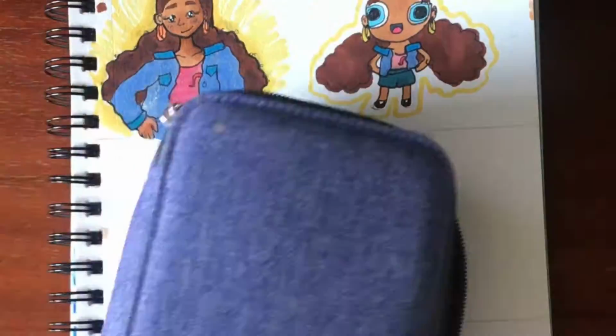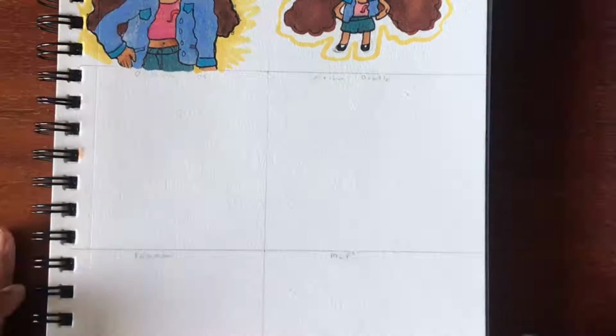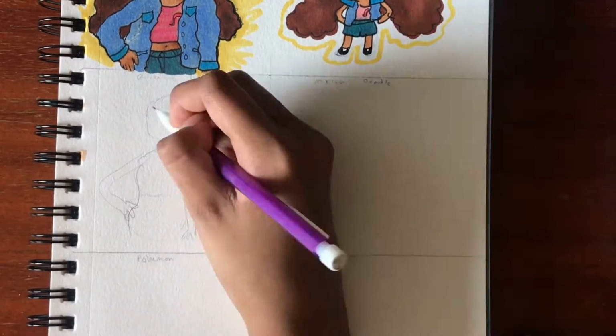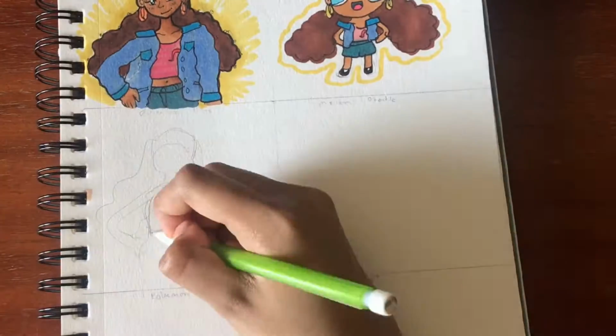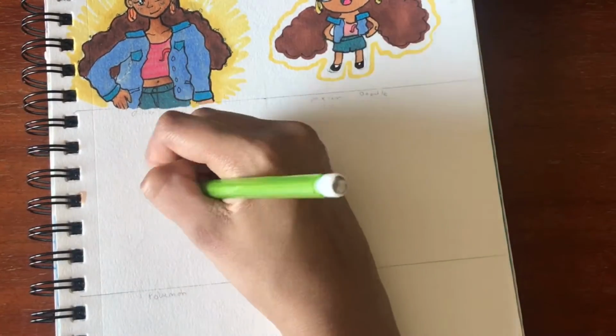Also, I tried to add yellow borders for each different art style, but differently, and I think it made my page really fun. And then the next art style I am doing is Adventure Time. I just enjoyed Adventure Time because of the small eyes, but also how the art style is so developed